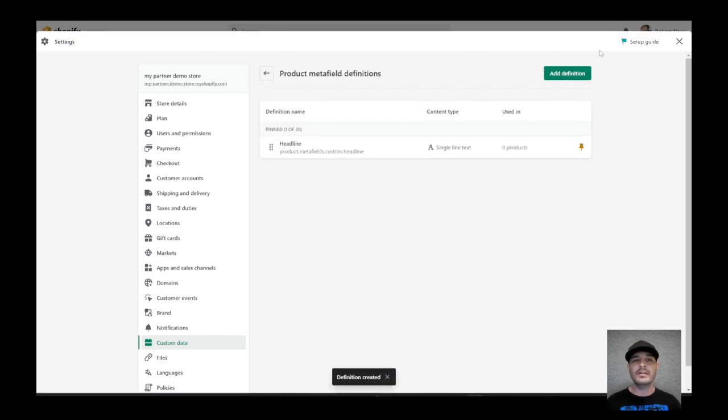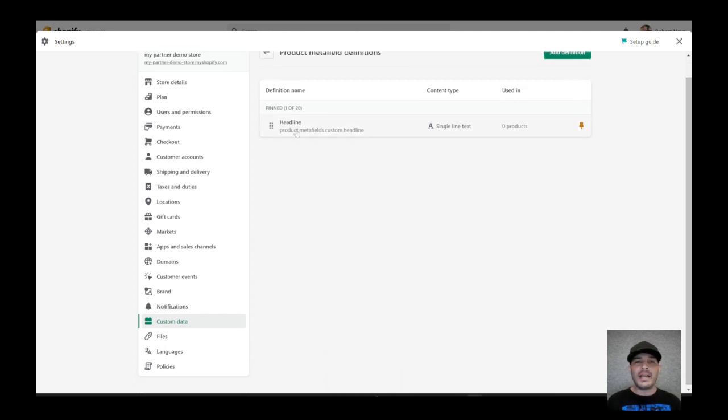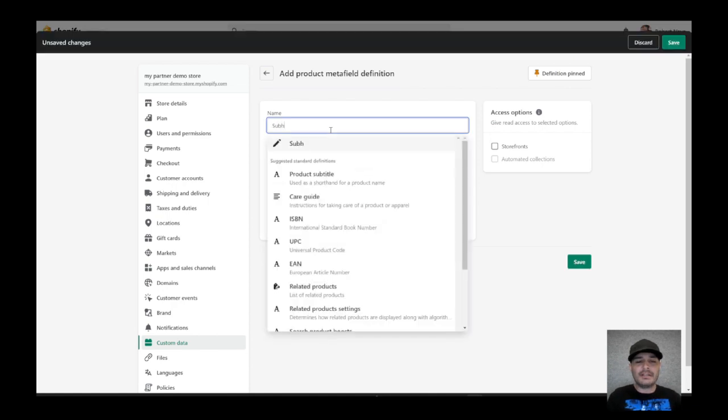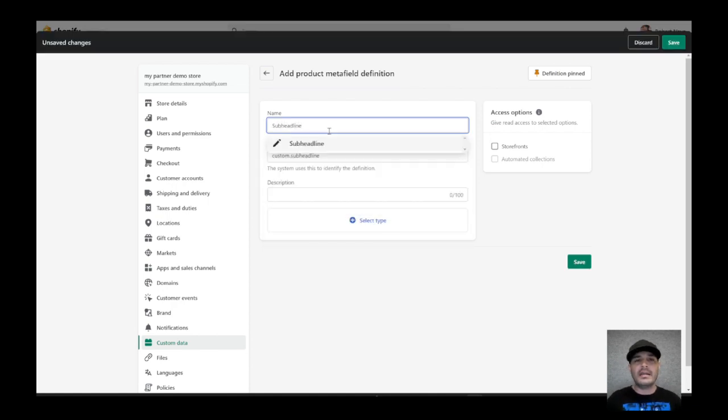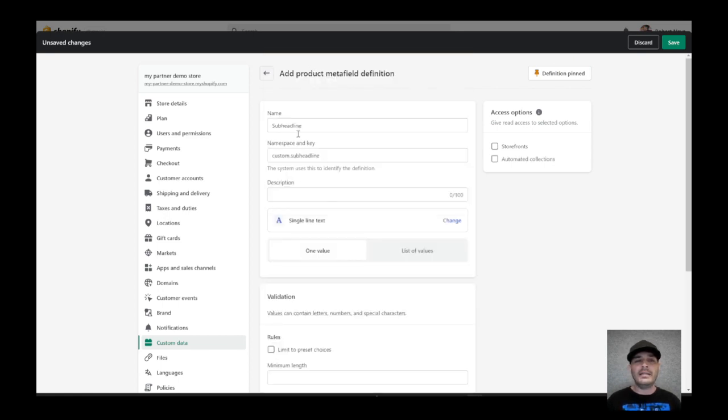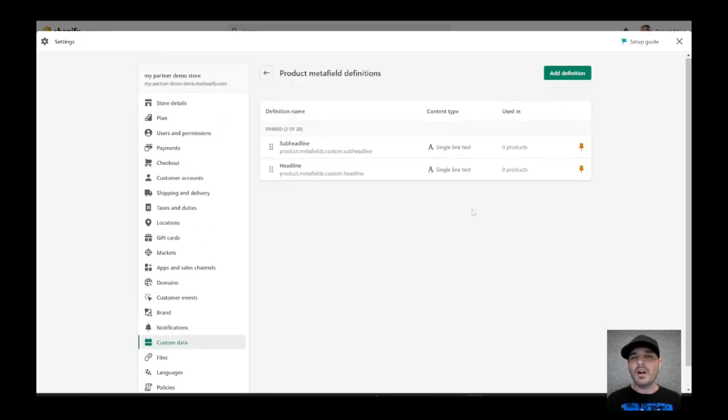It's not going to do anything to not have it there. And so I got my headline there, and I could just stop there if I wanted to, but I'm going to go in and hit sub headline, and then I'm going to add a few fields in here, and I'm going to show you exactly what I do. So I usually hit headline, sub headline. All right, we'll just stop with those two, and then I'm going to bring the headline to the top,